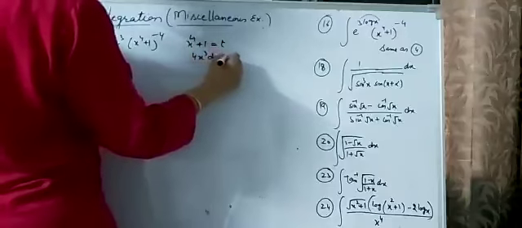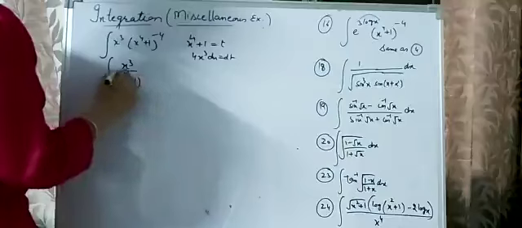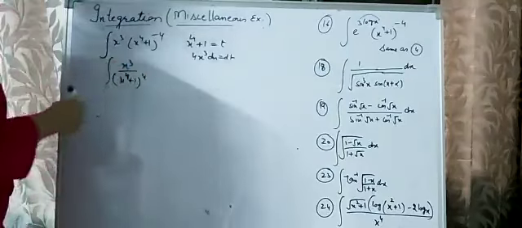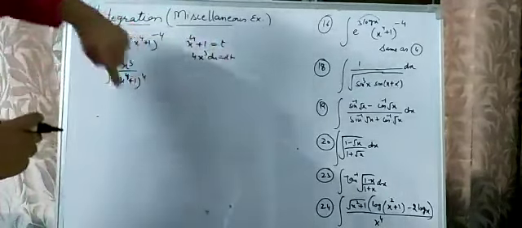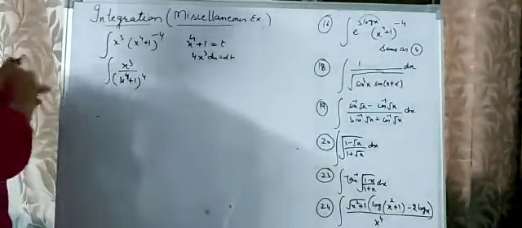4x³ dx is equal to dt. You can change this question into the form of (x⁴ + 1) raised to power 4 in the denominator. Now x⁴ + 1 is t, so in the denominator you will get t raised to power 4. How will you do this in the 18th question?